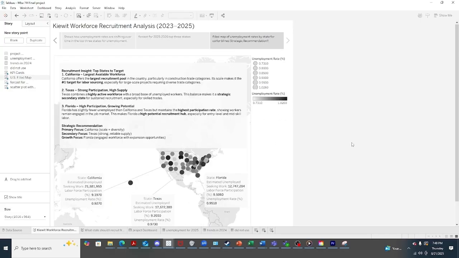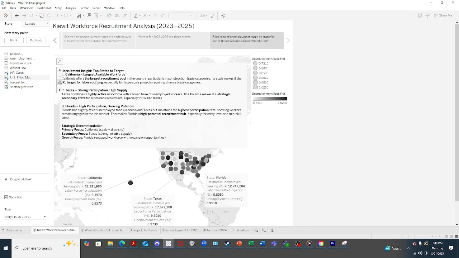Now here, I have my heat map, which is left. I did leave it for people that are colorblind because I also am colorblind. So it has been very difficult for me to see some of these colors, but I have made the best and have asked people to help. But overall, what I'm seeing here on the heat map is I have labeled out California, largest available workforce.